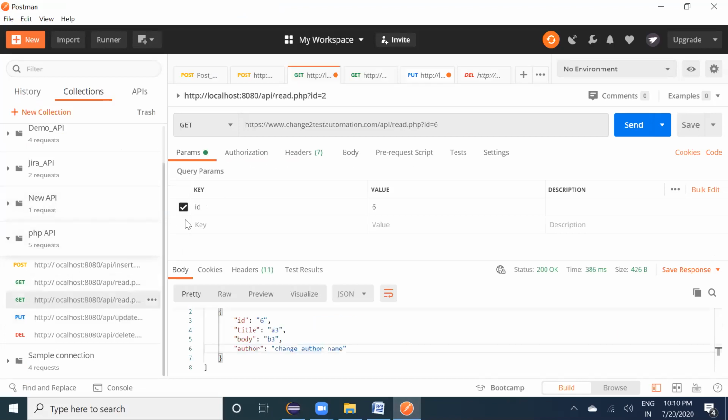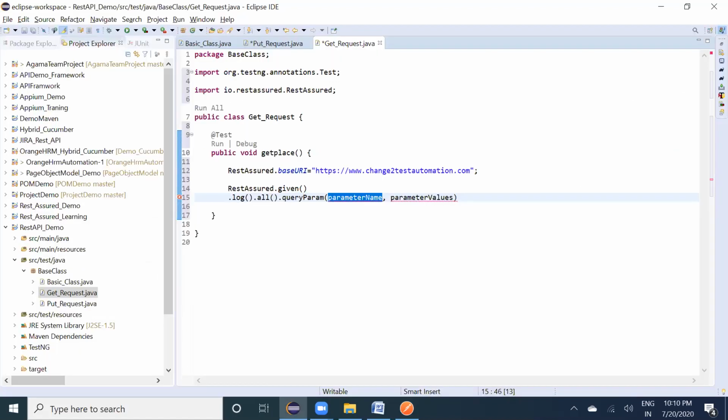We'll try and see, with the ID. We'll pass a parameter there, ID,